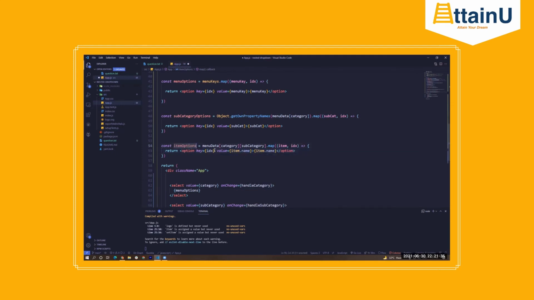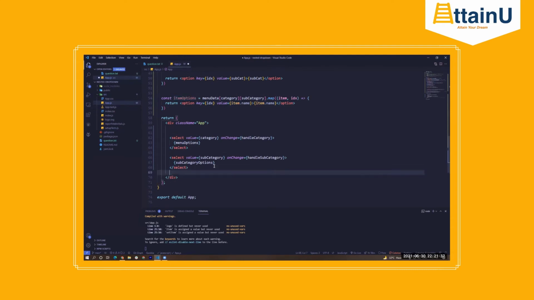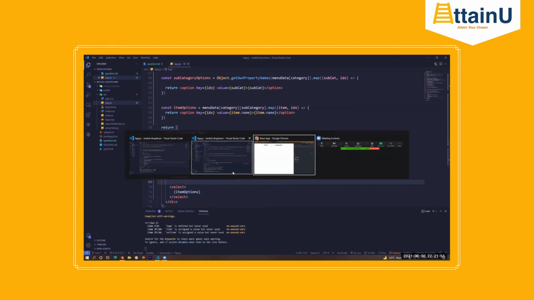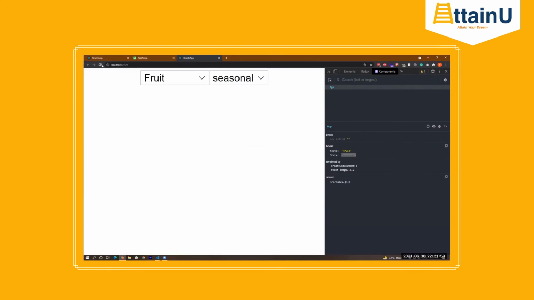Okay, and this I can render here. Cool. Let's see how the progress is, and then we'll figure out what else is missing. Refresh. Okay, so the current state: fruit, seasonal, mango. That is correct, fine.